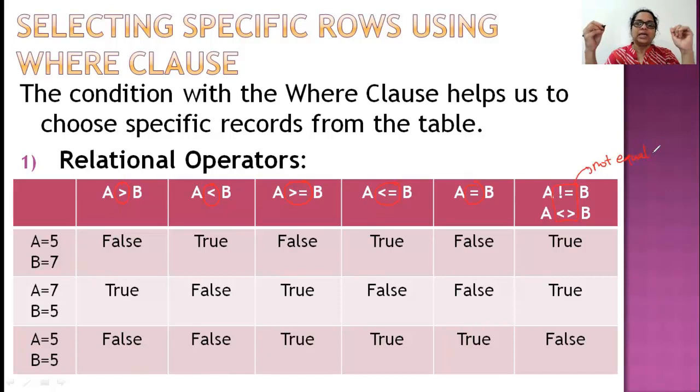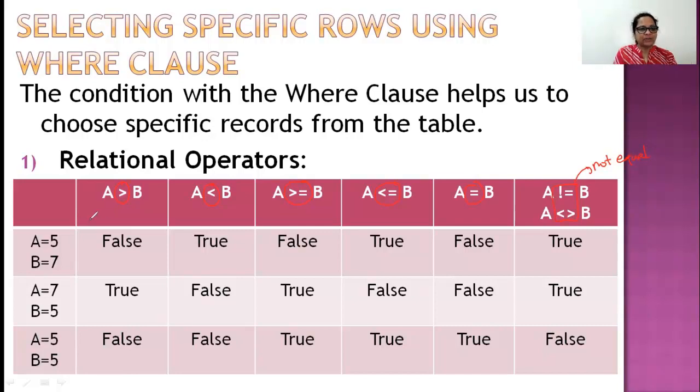Okay. Now here in maths, when I say A greater than B, I am making a statement saying that A is greater than B. But when I write WHERE A greater than B in a SQL command, it's not a statement. It is a condition to check whether really the value of A is greater than B or not. And if the value of A is greater than B, then only those records or those rows in the table that satisfy this condition will be selected.